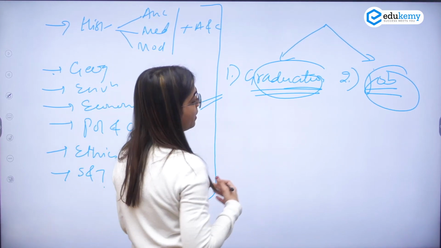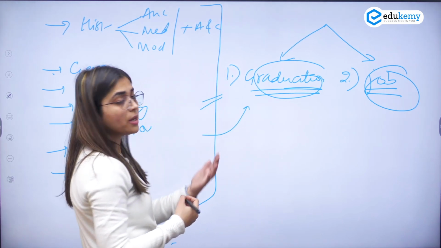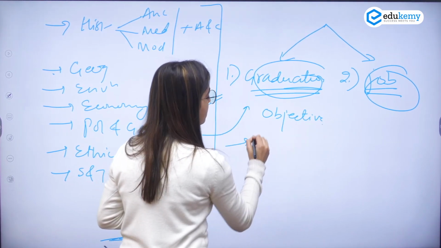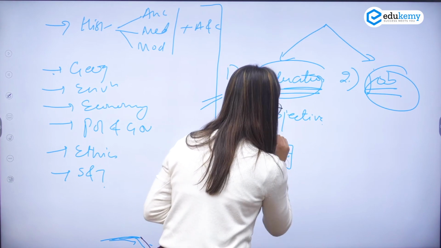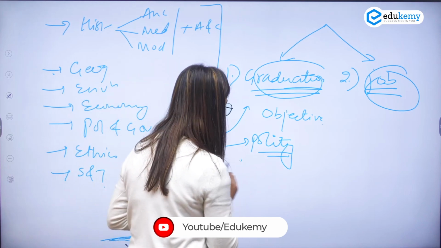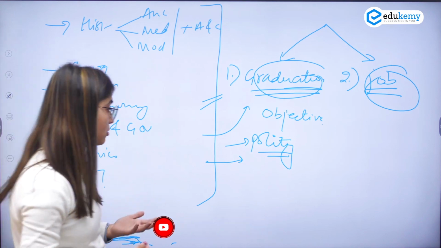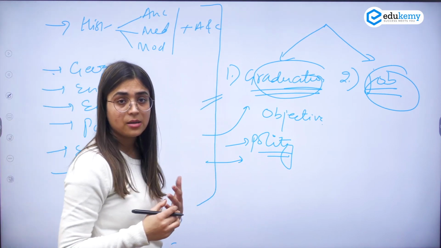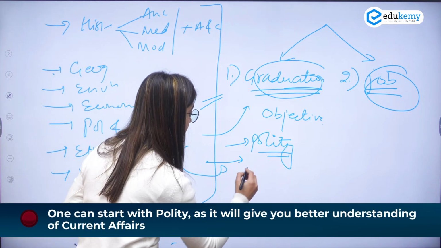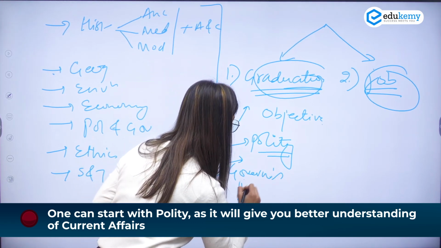My opinion for the first kind of people would be, since you are already connected to your studies, you can pick any subject which is interesting and objective. Hence polity could be something you can start with. Yes, it's a tricky subject in the beginning, but you can read and reread, and it gives you a lot of confidence regarding the topics you read in the newspaper. For example, if you're reading something related to the governor's powers in the news, you could immediately connect the news with the governor's chapter in polity.